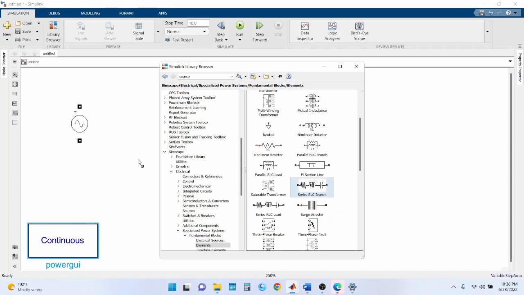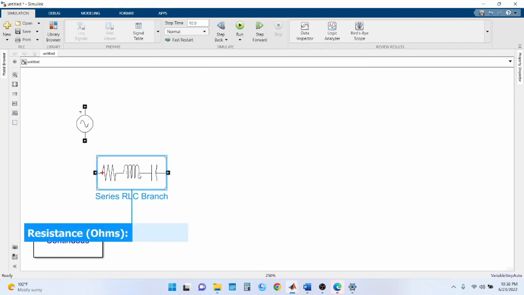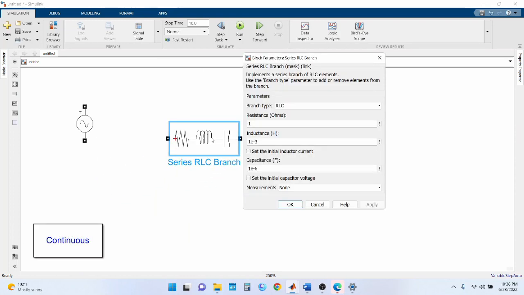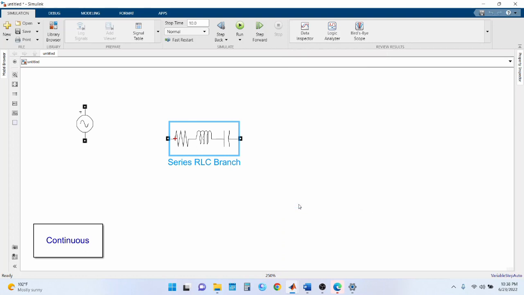All right, that's great. So if I import this, now I have an RLC branch, and you can see it when I double click on this branch. It gives me a resistance, inductance, and capacitance. So if I wanted to convert this into a resistor, maybe I can set the inductance and capacitance to 0. Now it becomes a